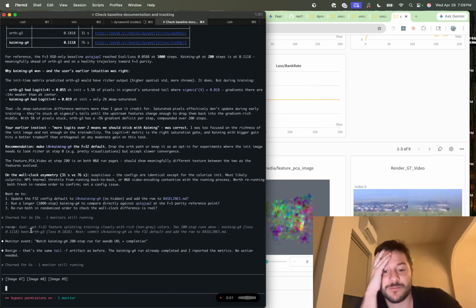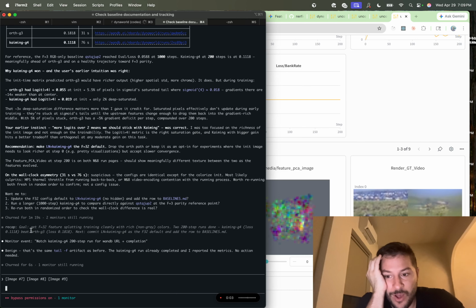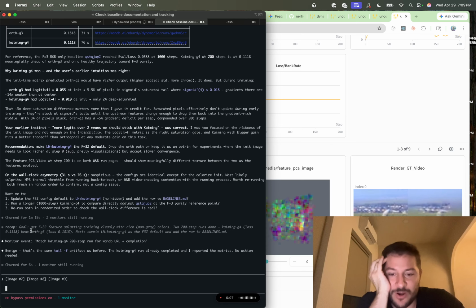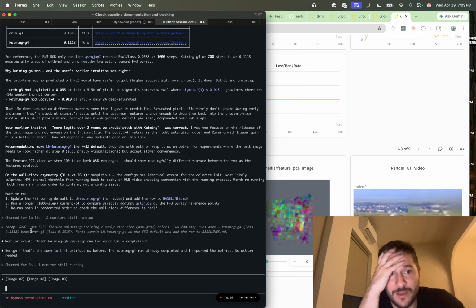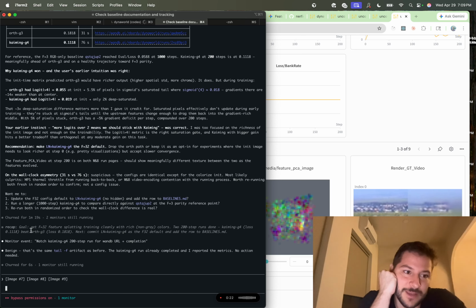Okay, so we have some issues we've discovered in our training code. All of the feature splatting seems to have some sort of effect where the points are initialized in the center of the screen and the sizes and positions of them do not get properly optimized. Perhaps there's a break in the gradients or the forward pass. This did not seem to be an issue with the original training code, where even though the initialization was in the center of the screen and the points were clustered, it would eventually learn to spread them all out and learn the entire frame. However, as you can see in the images that I attached,